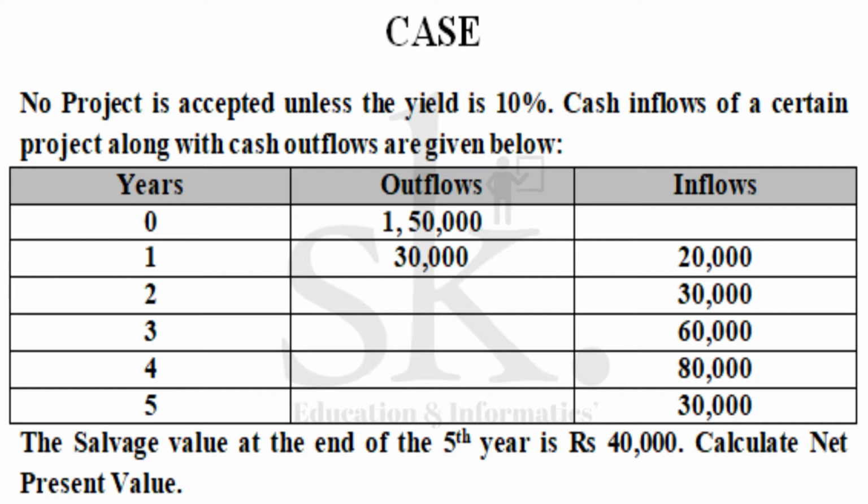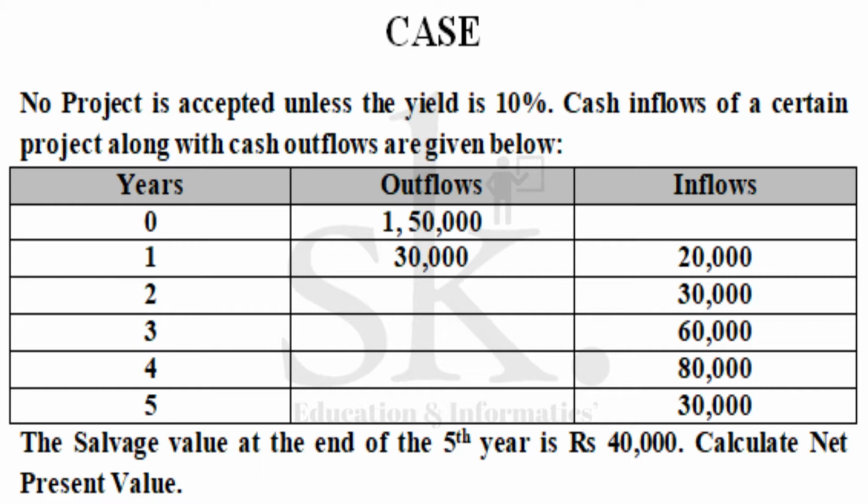If we check the cash outflow column, we find that in the 0th year, the company is willing to invest an amount of rupees 1,50,000. In year 1, the company is making a further investment of rupees 30,000. Now that's what we said: the investment has happened in the 0th year, and investment is also happening in the first year. So we require to convert this 30,000 investment which is happening in the first year to its present value, that is, in the 0th year.